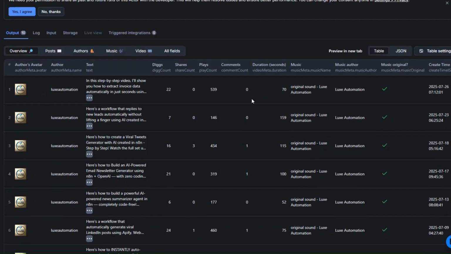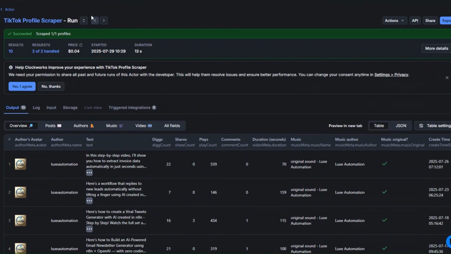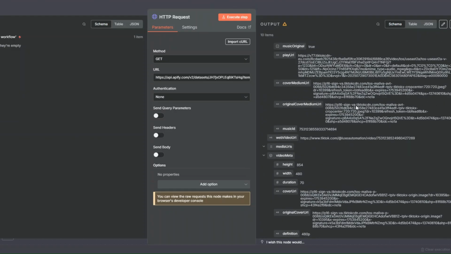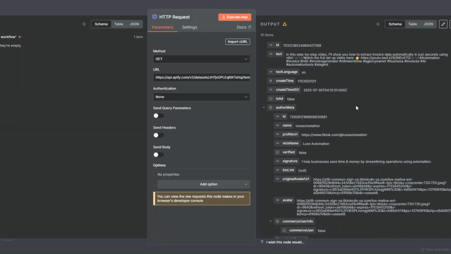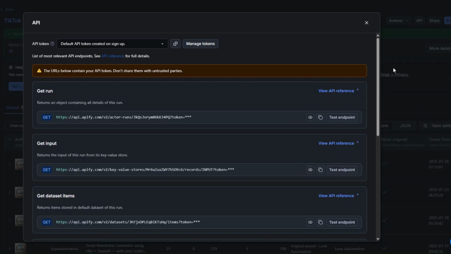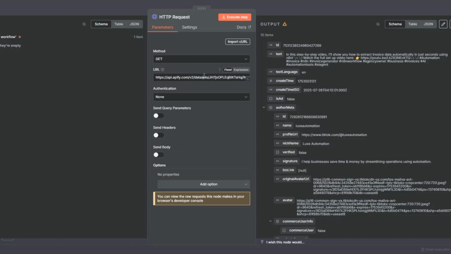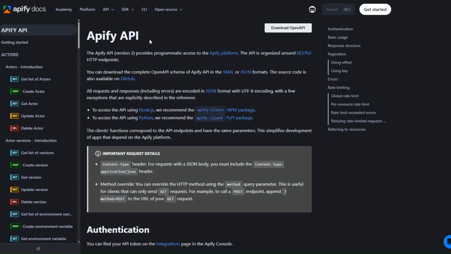Now, instead of having to manually scrape my profile right here, using this tool in Apify, then copying the dataset ID right here and pasting it over here, then clicking on execute step so we can get the profile data that we just scraped, we can automatically scrape the profiles right here in N8N without having to navigate from Apify to N8N over here. So to do that, here, I'll clear this URL, and then I'll open Apify's documentation,